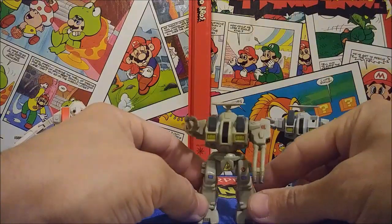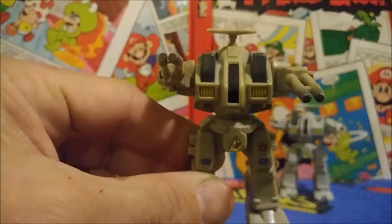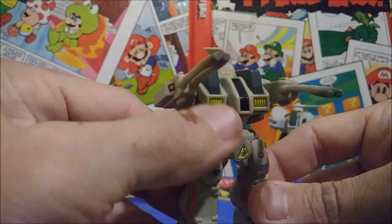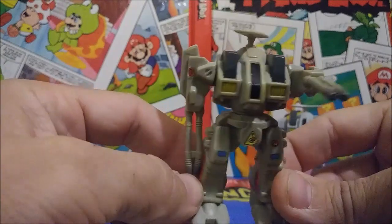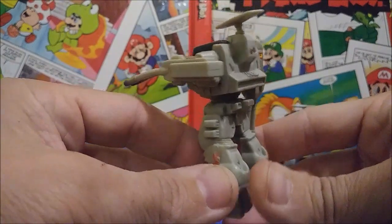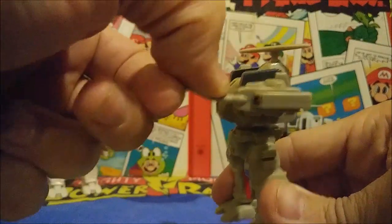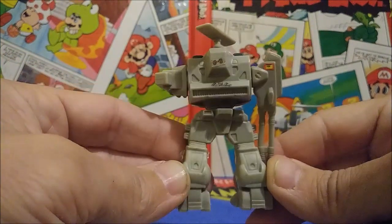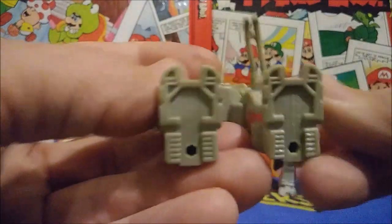You can see the similarities and differences with the guns there. And another big thing that I have a problem with this toy is that the plastic just feels cheap. When you go to move the guns, they almost feel like they could break. The painting and the stickers are there, but they're just not as high quality. You can tell they're done in a mold, and it's just rather cheap. You can see with the guns here, they don't even hold in position all the way. They kind of bend, and I just don't like the feel of this compared to the Bandai and the Matchbox